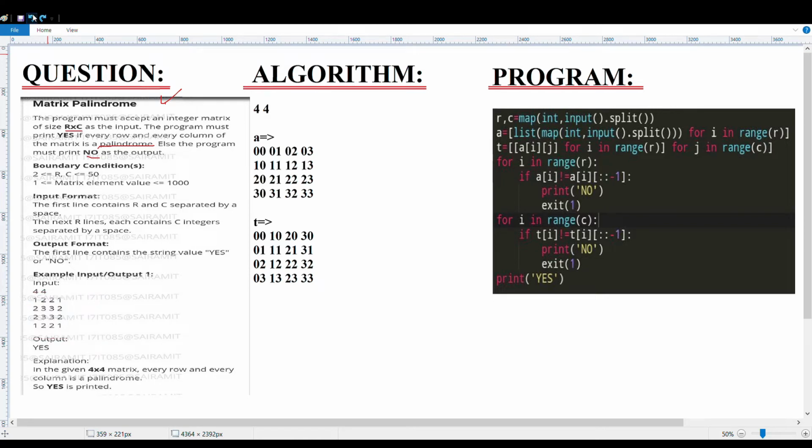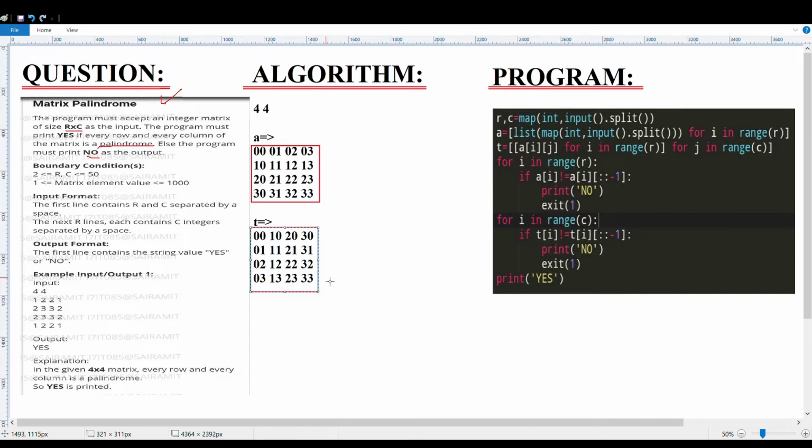Moving on to the algorithm, the algorithm is very simple. R and C are the input that we are getting. Next you are getting the matrix A, these are the indices of the A matrix. And then you are transposing the matrix.